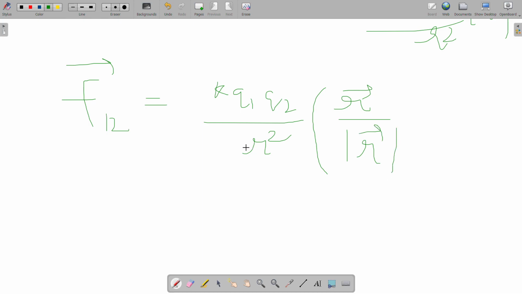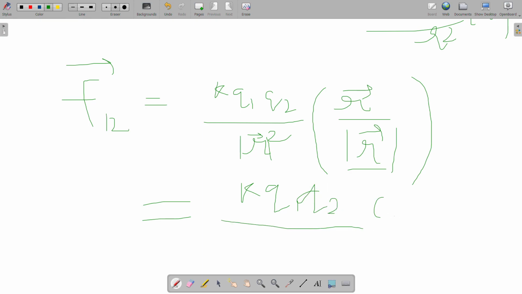Now, the squares are already the square of the magnitude. If we simply square the vector, or if we take the magnitude and square it, it's the same. So we can take the magnitude of the vector, and its square is already written in the denominator in the equation of force. Now we have 1 here and a power of 2 here, so it would be cubed down there, power 3, and above would be the R vector divided by